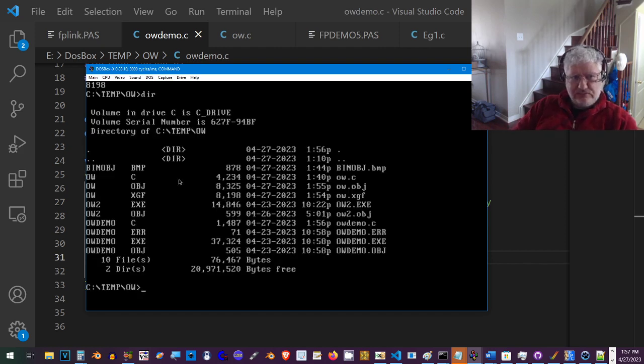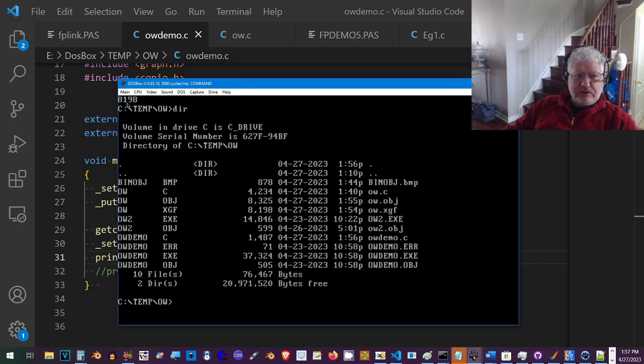See, is the size right? Yep. So the size also displays properly. It's 8198. And if we look here, the original XGF file is 8198. So it gives us the correct size. Now, just to test this, the different object formats, let's go back